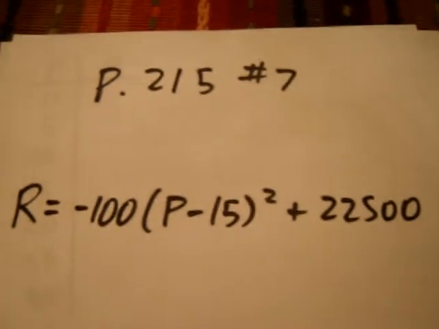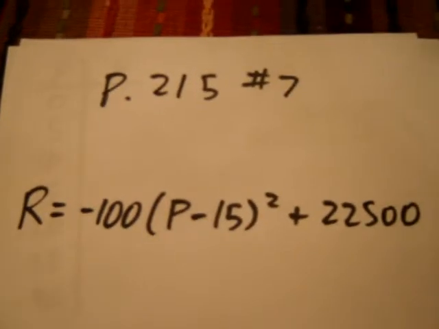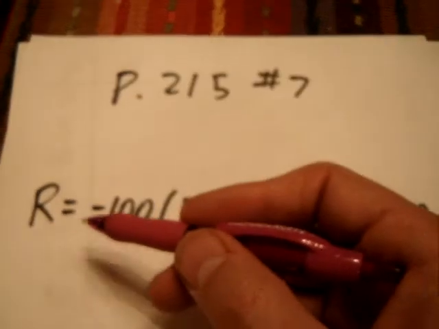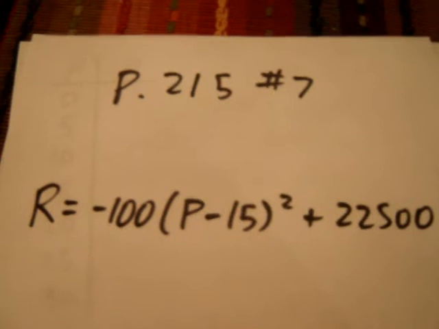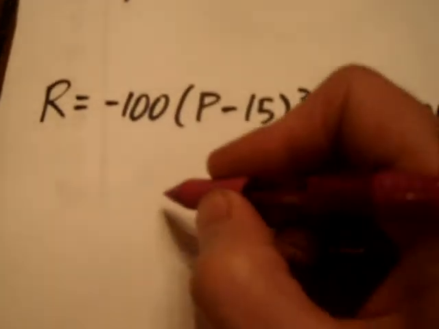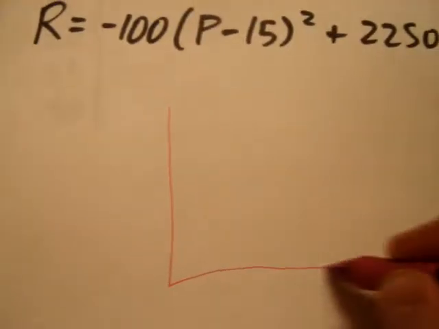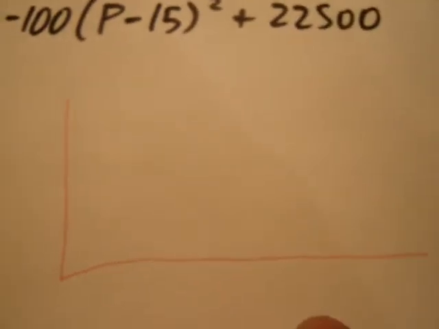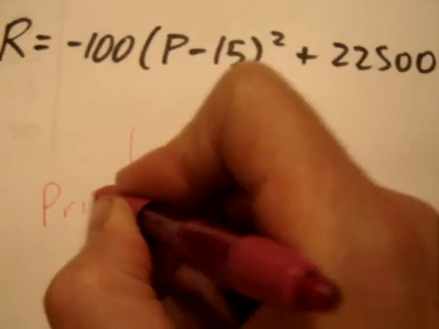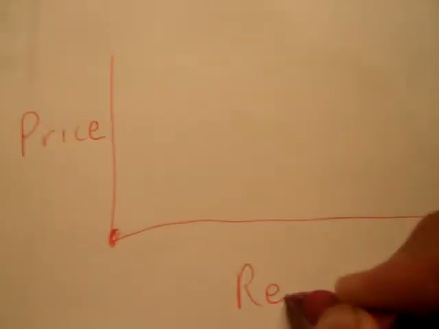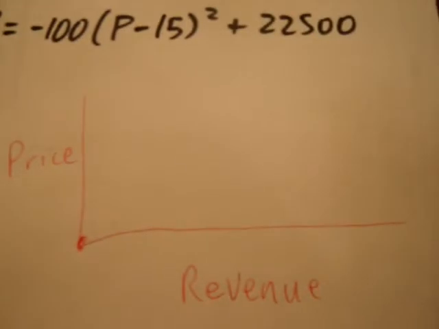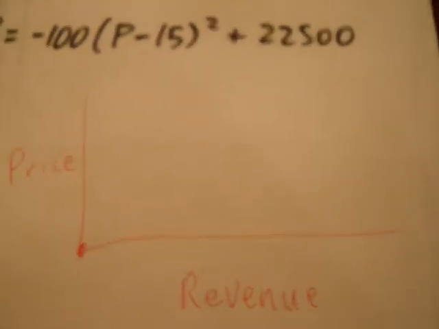And this question would seem to suggest that the relationship between price of a ticket and the revenue, or money received by the arena owner, would be quadratic. And this might not make sense at first, but if you think more about it, it really does. Imagine if the price of a ticket was 0. Well, if the price of a ticket was 0, then the revenue that the manager would receive would be 0, because a lot of people would show up to the game, but they wouldn't pay any money to get in, so no money would be made.